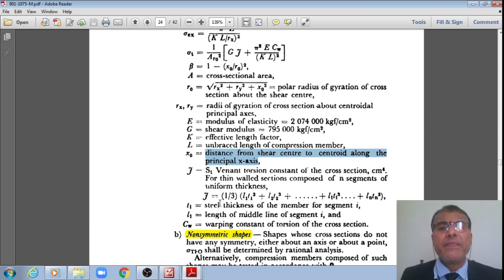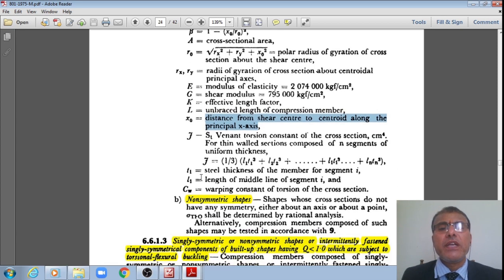J is equal to 1 by 3 (L1 T1 cubed plus L2 T2 cubed, and so on and so forth, Ln Tn cubed). T1 is the steel thickness of segment 1, and L1 is the length of the middle line of line segment 1, and Cw is equal to